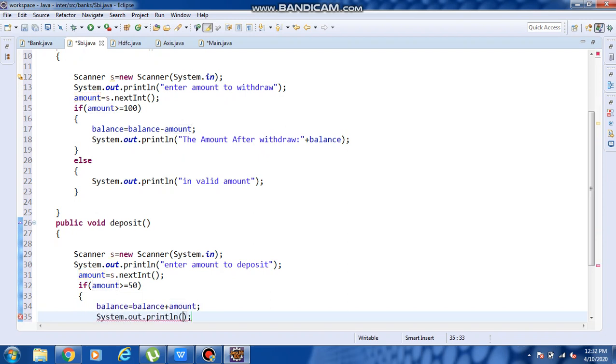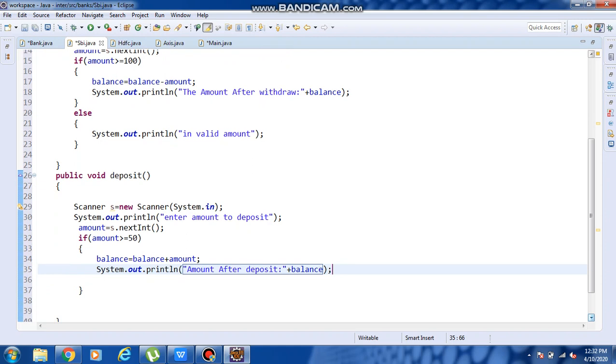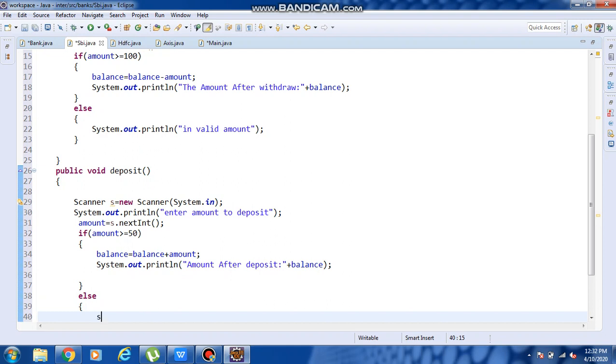Now I am giving system.out.println, "Amount after deposit" plus balance. So this is a deposit. Or it will show the else function: system.out.println, "Invalid amount."